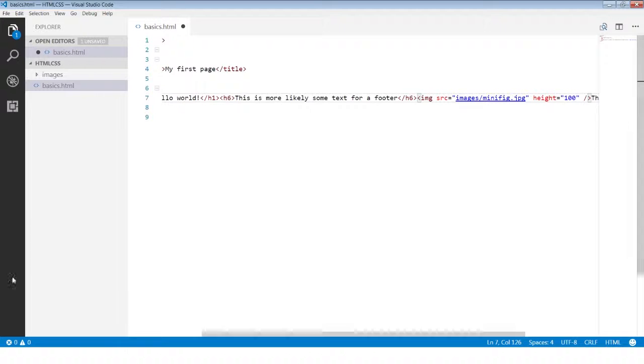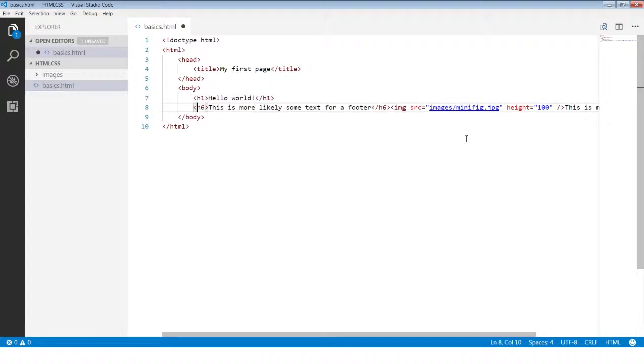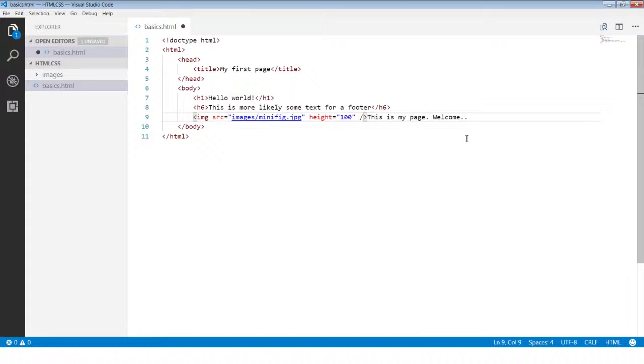But Tiki, how come the H1 and the H6 just started on their own lines? Here's the thing. I'm going to tell you about this later on during the CSS, but certain elements are rendered as block, which means everything that's inside that content will start on a new line. That's what you call a block display. Others basically have an inline display. Images and text and things like that are all inline. So if you wanted it to start on a new line,